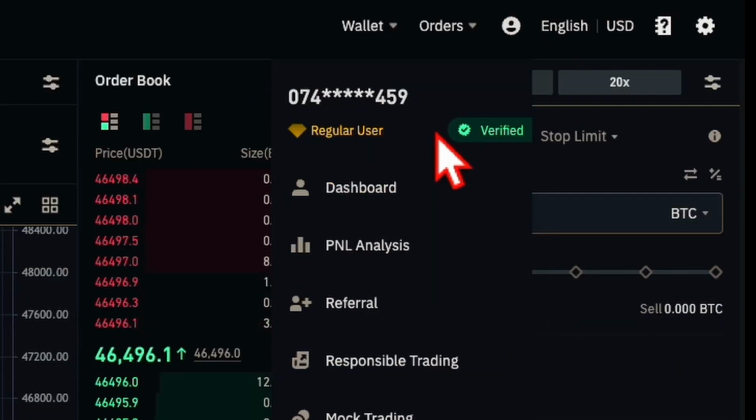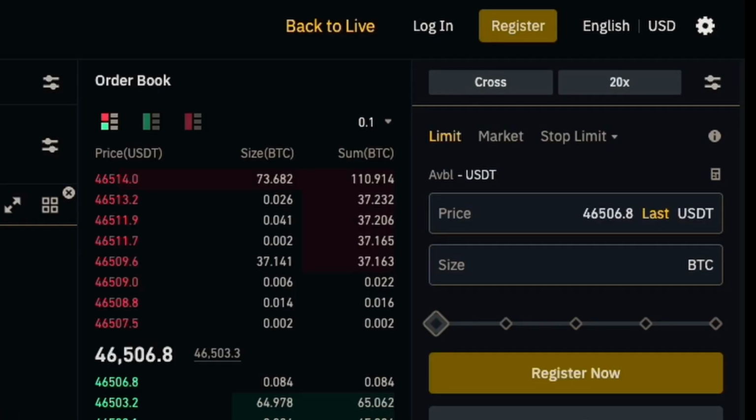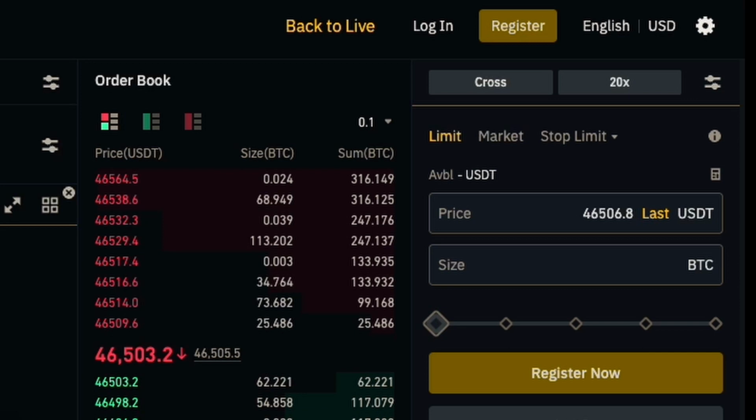This is your profile. It shows you your account and several things related to your account. And since you're a beginner, I would encourage you to start with mock trading. Mock trading is where you can try one or two things to see how trading works. So don't just use your money to start trading. I'll encourage you to start with a mock trading account for you to see how trading works, so that you can know if it's for you or not. Trading cryptos can be profitable, but that's when you know what to do. And this class is just the overview of Binance futures trading.